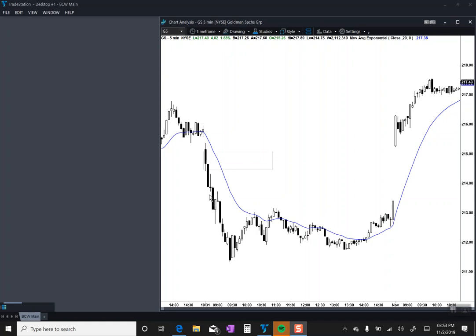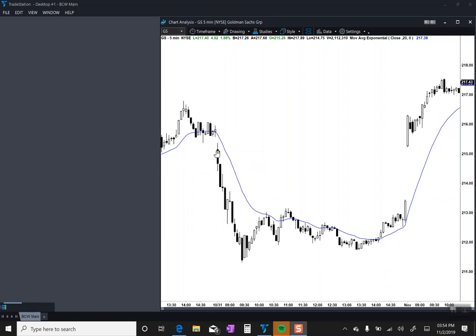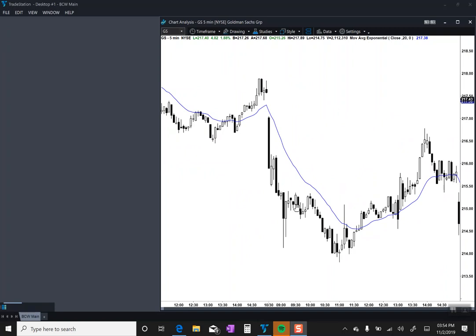Here's Halloween, 10/31. And I don't really know what happened to the left, but either way, if I see a bear bar and consecutive bear bars, typically on the open, especially if they're big, like these two, it's typically always in short. But first, take into context the prior day. So over here,